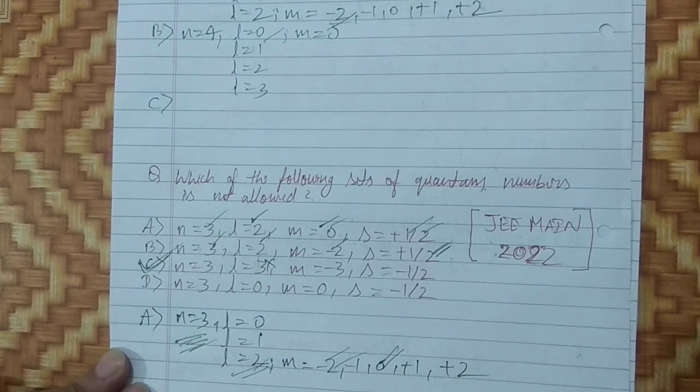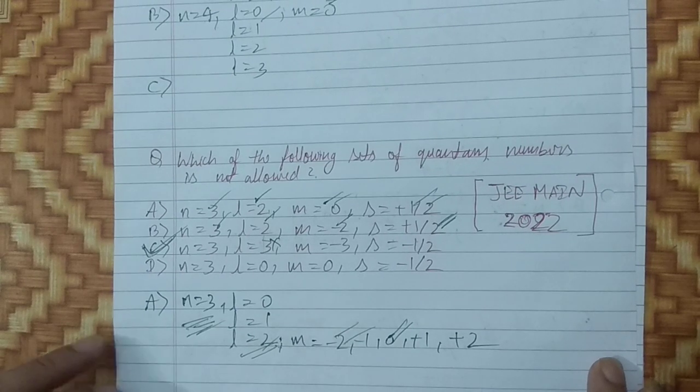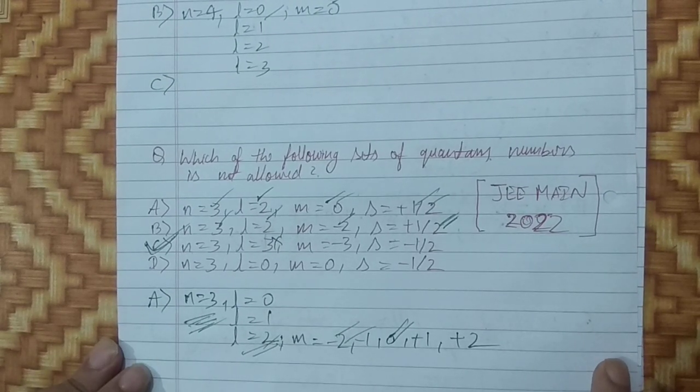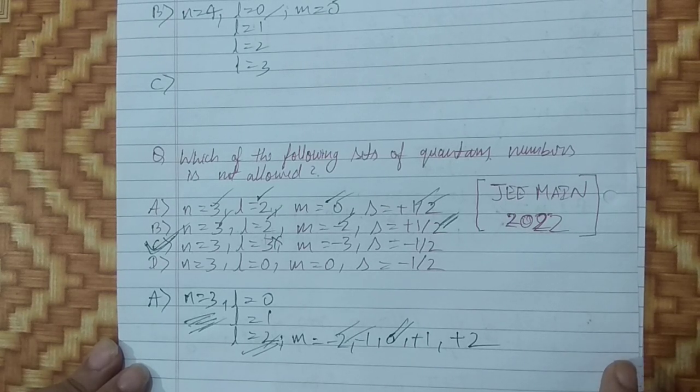Very easy. Now I would like to conclude this video. In this video we have seen that 3 quantum numbers are required to describe an orbital in an atom, and 4 quantum numbers are required to describe an electron in an atom. The 4th quantum number was the spin quantum number, and the spin quantum number can have values plus or minus 1 by 2 according to the spin, whether it is clockwise or anti-clockwise.